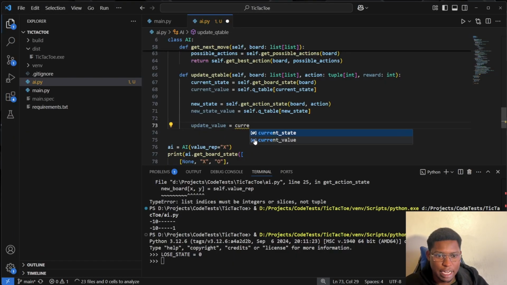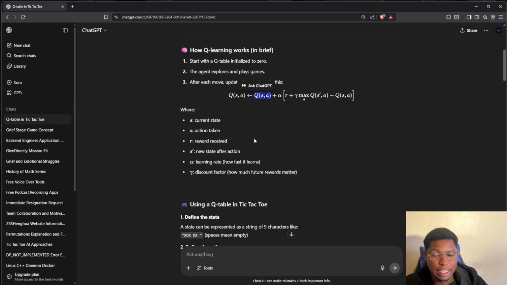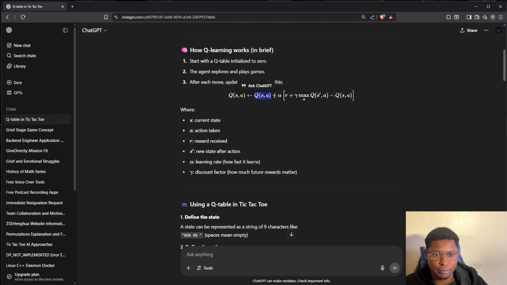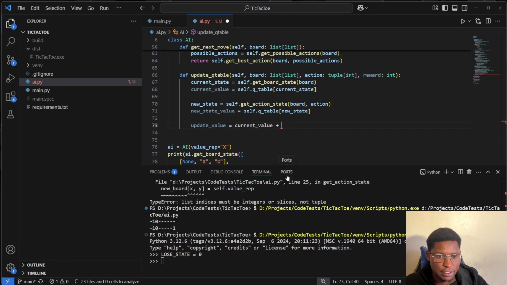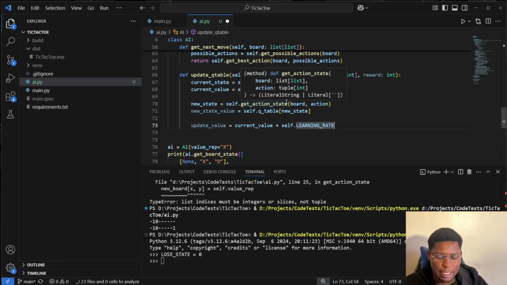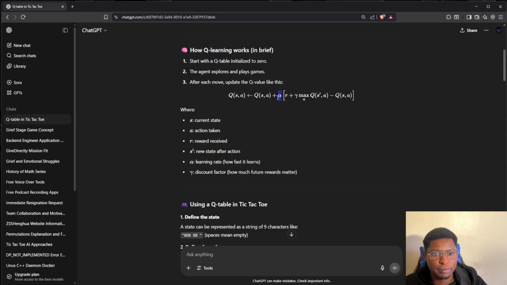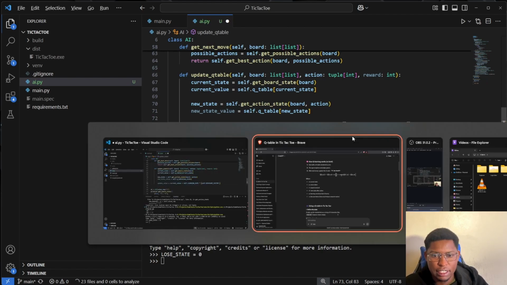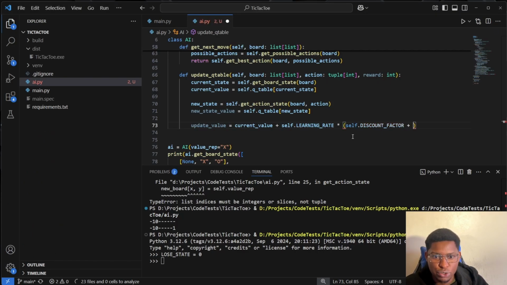So current value, this is the current value that we have, and then we add this to our learning rate, right? So self.learning_rate, and then we multiply this to whatever operations will happen here, where we have R, which is our discount factor. So self.discount_factor, and then we have to add this to,